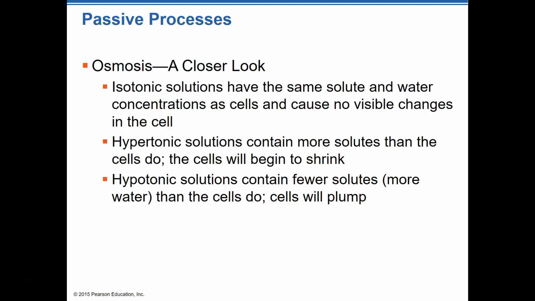So if we're comparing, say, a glass of sugared tea with a glass of non-sugared tea, then we would say that the glass of tea with sugar in it has a hypertonic solution, and the glass without sugar in it is a hypotonic solution. If we added half the amount of sugar that was in the sugared tea to the unsugared tea, the original sugared glass of tea would still be hypertonic in relation to the glass that we just added a little bit of sugar to, and that would still be hypotonic.